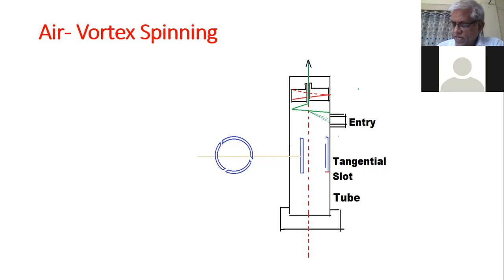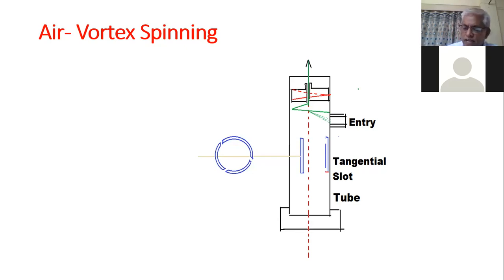It is just like vortex or fibers are rotating in a whirl. Just like in Hindi we can say bavandar. So just like that, the fibers are rotating and then they are attached to the yarn end. Lower yarn end is rotating and upper yarn end is held by the withdrawal rollers. So that's why the twist is introduced. So this is the basic principle of the air vortex spinning.